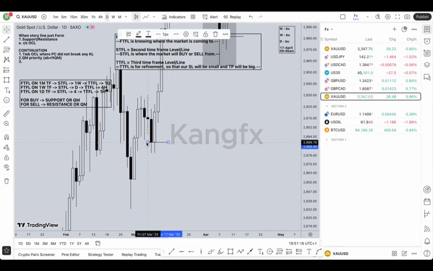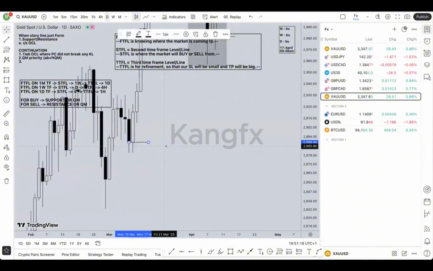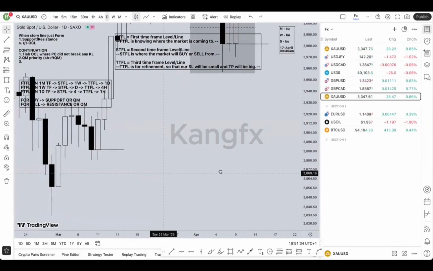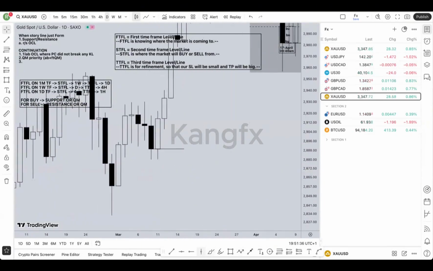FTFL, this is the FTFL. After marking here, then I'm going to look into, because our FTFL is always, the FTFL we're focusing on now is going to be marking FTFL on support, resistance, or QM. So if this is my FTFL, which is support, two candles make up a support, which is this candle here,